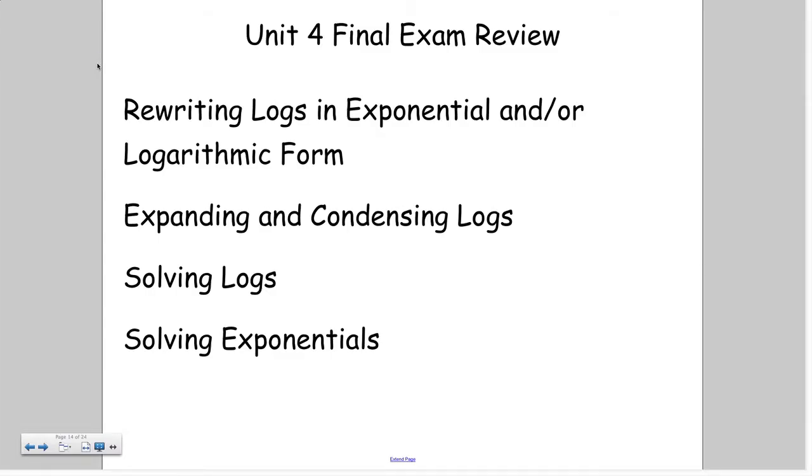Topics there. So we're going to go back and look at rewriting logs, expanding and condensing, solving logs, and solving our exponentials. So first thing